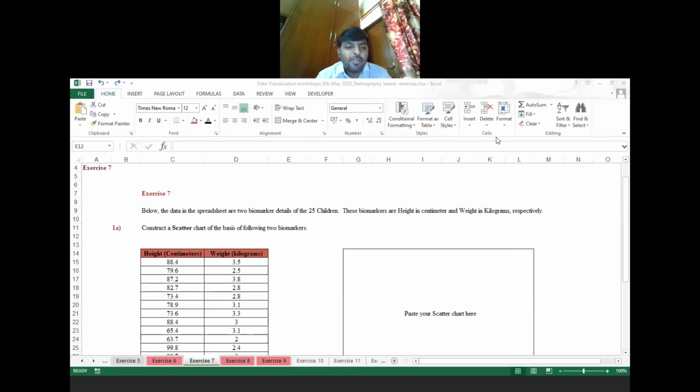Actually, there are a couple of challenges. A uniform toolbar and uniform versions are also needed. But anyway, that's not an issue. Our main motto is to have everyone understand how to format and how to do the charts, and what types of charts we are getting. Somebody is having the 2003 version and somebody is having a higher version, 2007, and there are challenges, but anyway it's fine. Those who have got the concept, that's more important.